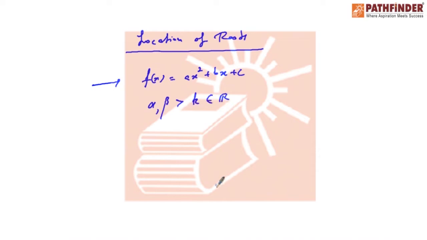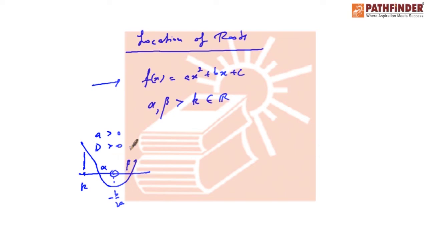So observe there are so many possible cases. It is possible that a is positive. It is possible the roots are distinct. In that case we can draw the graph as such, and since both the roots are greater than k, we can put k as a number to the left of these roots alpha and beta, and see conditions are coming up as f of k, the functional value of k must be positive. Of course, minus b by 2a, this value, the abscissa of the vertex, must lie to the right of k, and obviously d greater than 0 is given.